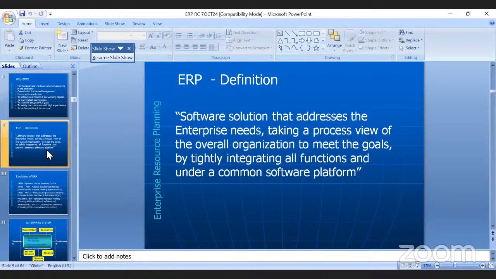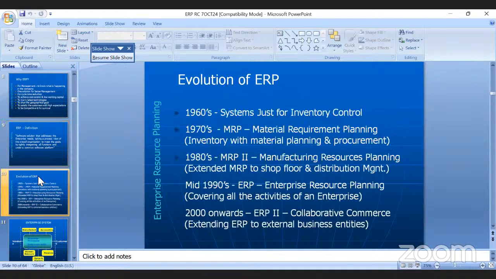So you will have a single database, a single platform, single entry, integrating all the integral parts of an organization with the software. So there is nothing manual here. Everything is automated. Automation is the paradigm shift we are talking about: the entire redesigning of the organization from manual to automation. I gave an example in the beginning itself. The systems did not happen suddenly. They were there earlier also.